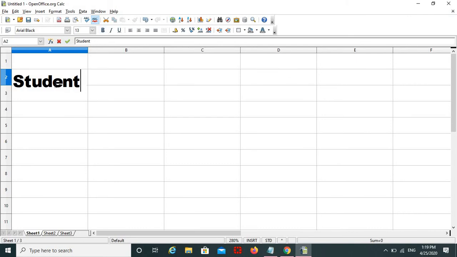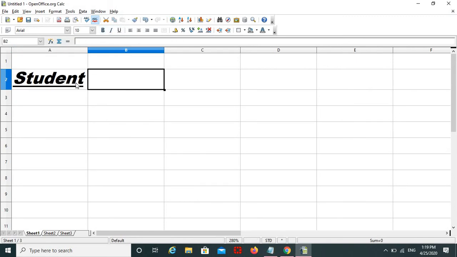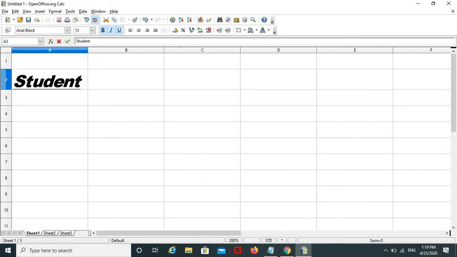Then by using this you can bold a particular text. See, italic, then underline: you can underline a particular word. Then these are the alignments: left alignment, center alignment, right alignment, justify alignment. These are the options present on the formatting toolbar.